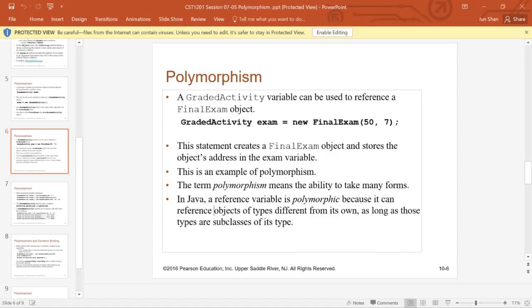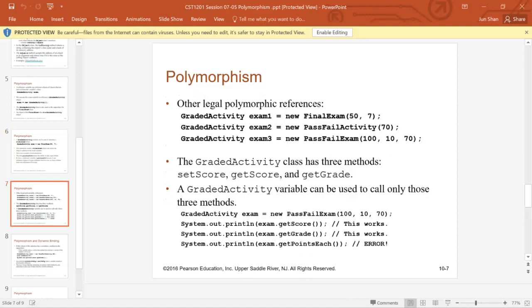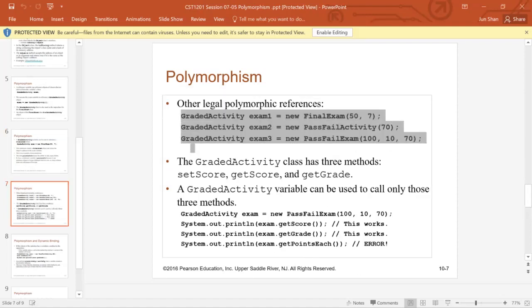In Java, a reference variable is polymorphic because it can reference objects of types different from its own, as long as those types are subclasses of the type. So now we are creating a whole bunch of graded activities, but each of them is of a different subtype. They are graded activities, there's no problem. But inside the graded activity, there are still differences. The graded activity class has three methods, setScore, getScore, and getGrade. All of them inherit